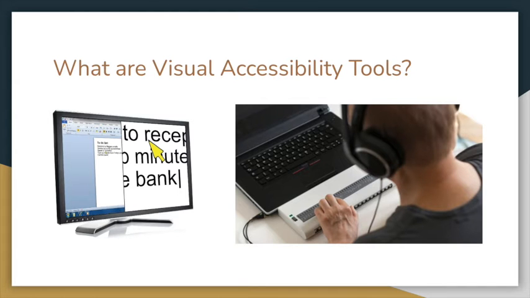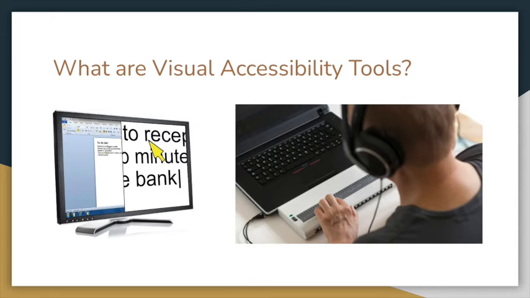Tools for visual accessibility. What are visual accessibility tools? Visual accessibility tools are applications or physical tools used to make something easier to read or view in general. The two main types of tools are screen magnifiers and screen readers. Screen magnifiers are used to make portions of a user's screen larger and therefore easier to see and or read. And the screen readers are meant to read any text in a web page, be it normal site text or alt text in an image. Screen magnifiers are falling out of use recently because their functionality is being built directly into web browsers. Screen readers, however, are still very useful.